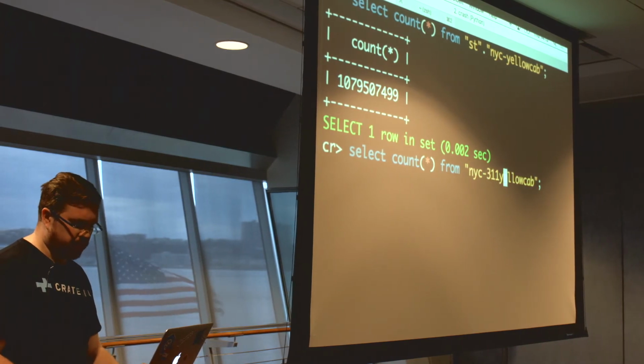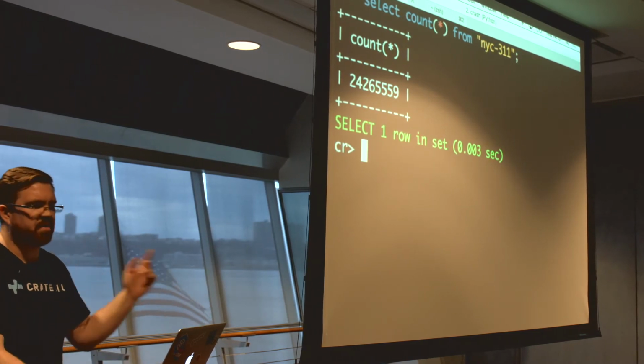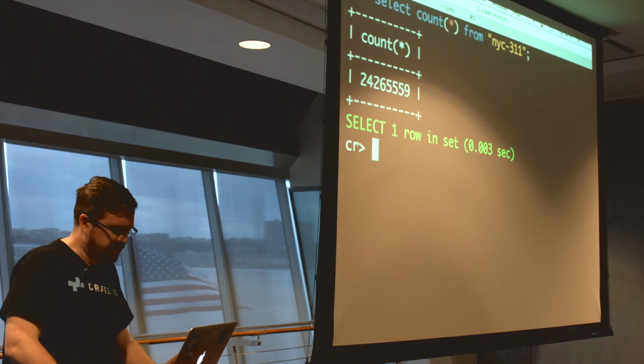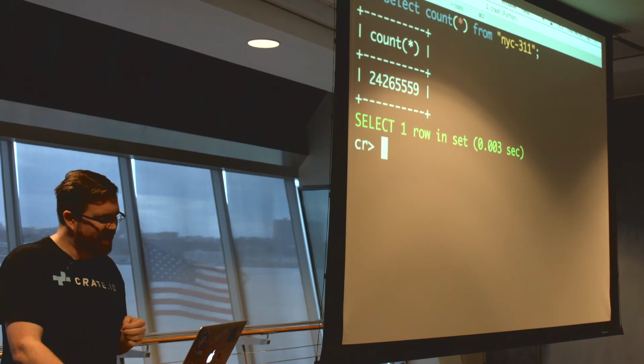311, then we'll see, right, this is just over 24 million 311 incidents. So when I first looked at this data, one of the first things